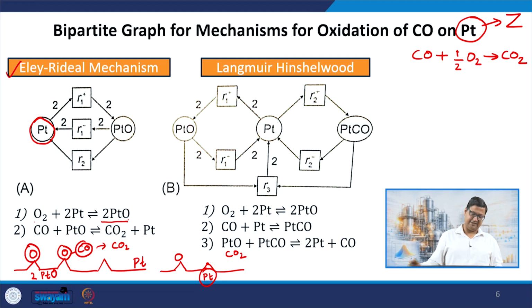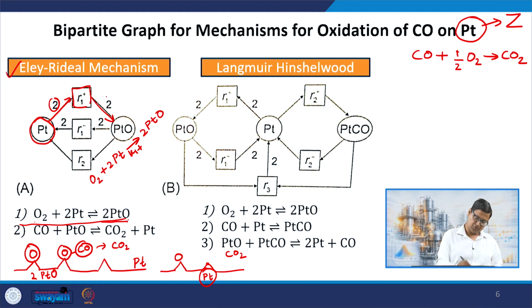And in this case, I can represent using the graph. So the first reaction, the forward part, is that 2 molecules of O2, PT is involved. So we put a 2 here, R1 plus, giving rise to 2 molecules of PTO. Then the reverse reaction